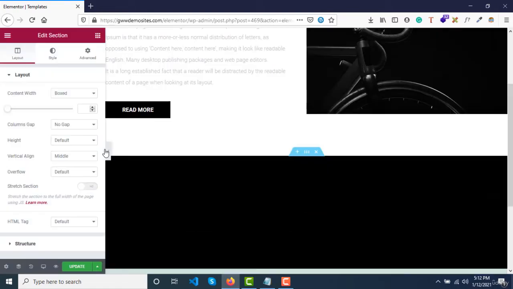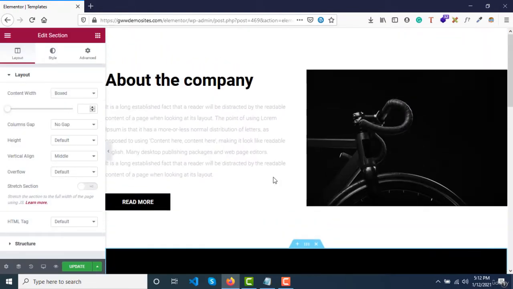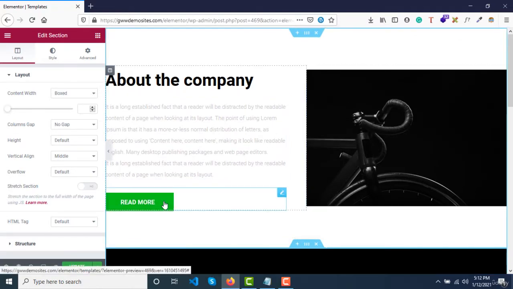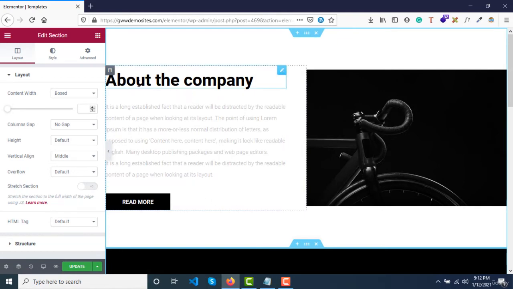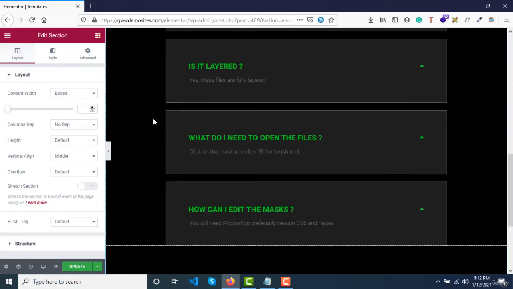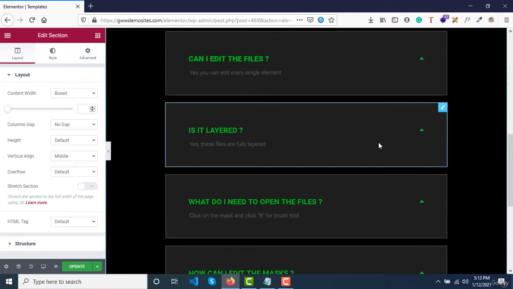Of course, the color scheme is different. Let's say our dominant color is blue. Then I'll change this button color to blue, I'll change this heading to blue, and I'll change this background to blue, so that way we can customize the designs, right? Now all you need to do is click on update and your designs are ready.